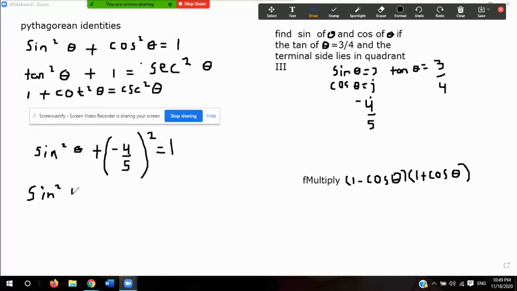So the sine squared of theta plus 16 over 25